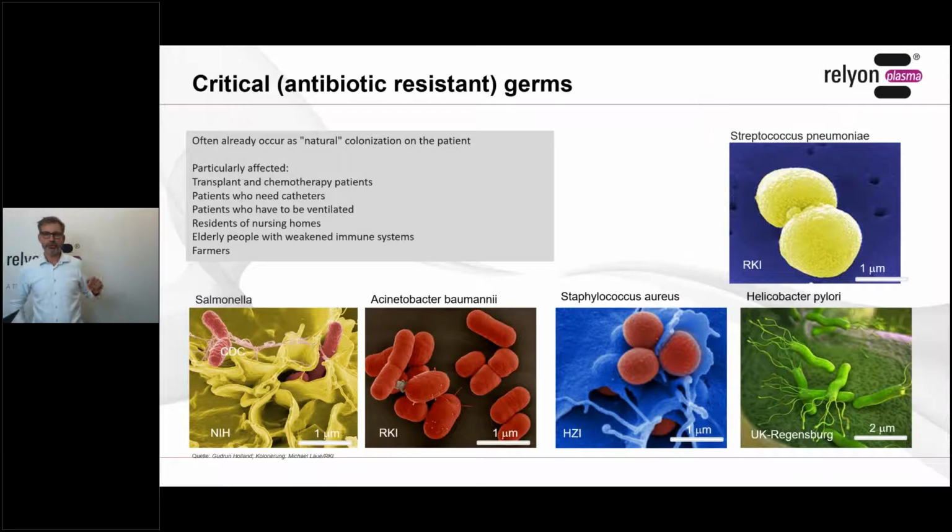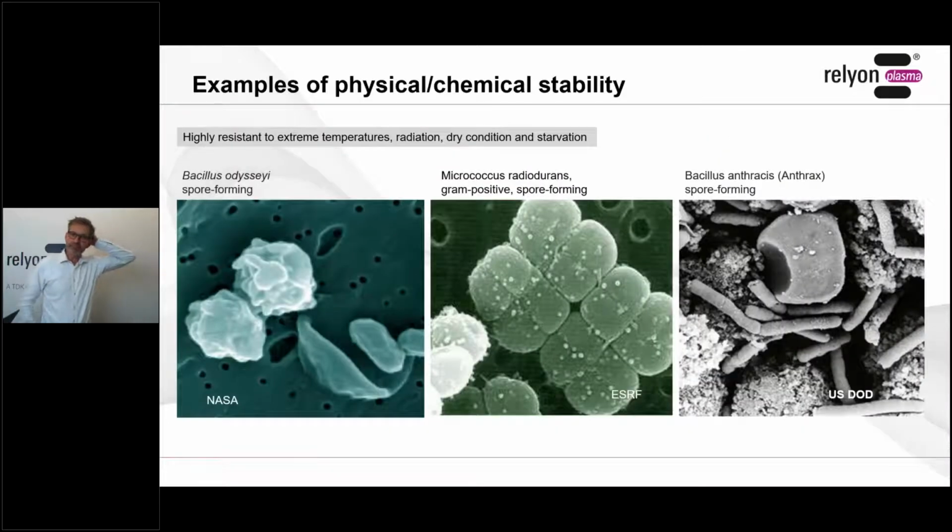Now let's go to the next slide. I just want to show you how extremely stable these little organisms can be. I will show you a few examples. I could also have chosen some others in nature. So if you dive deep down in the sea, you will find volcanic areas where microorganisms can withstand huge pressure,